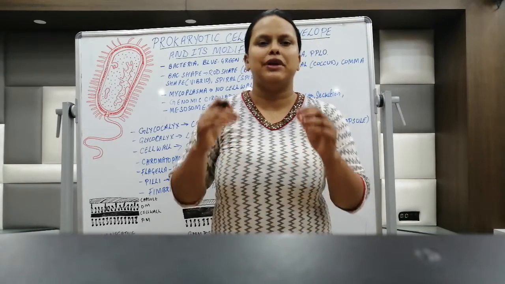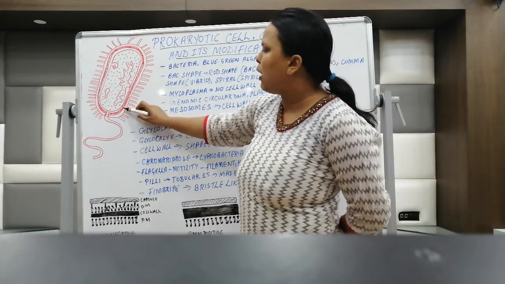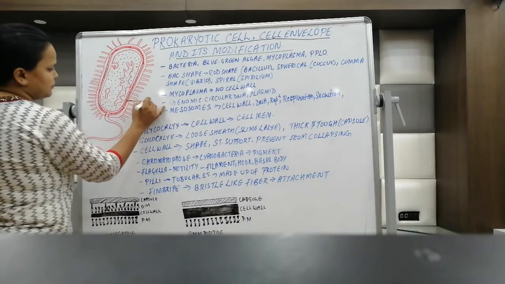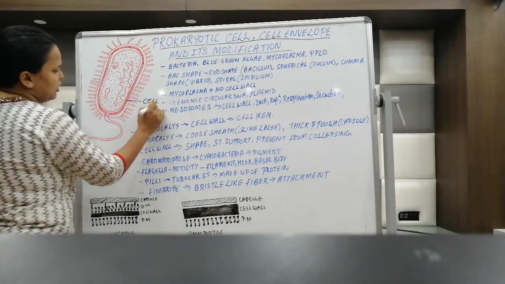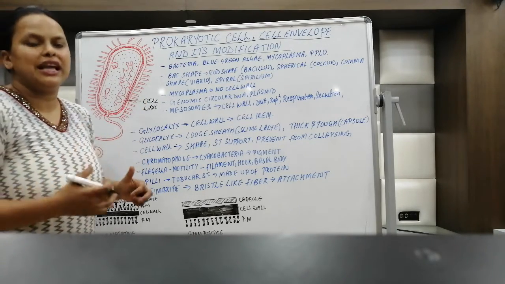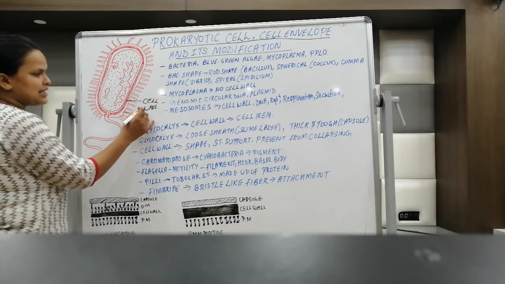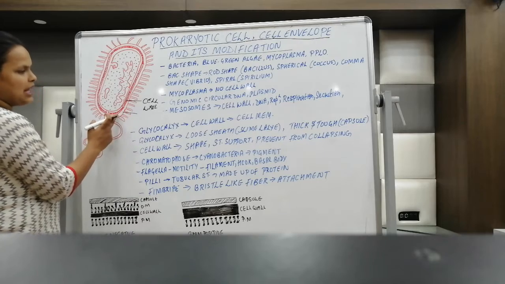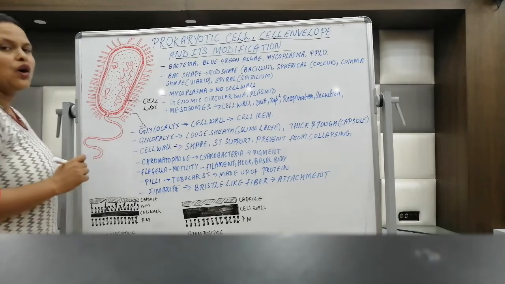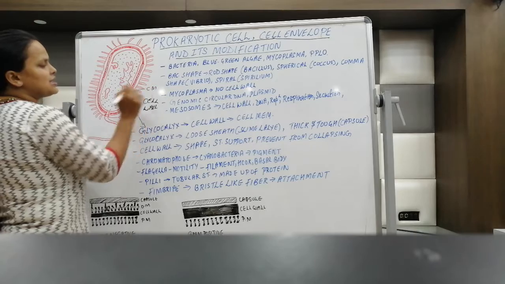First of all, when we look at the structure, prokaryotes are made up of a very complex structure outside, and this structure is called the cell wall. Now what does the cell wall do? The cell wall is the toughest layer. It protects the cell and also provides the shape. Now this outer layer you can see could be a slimy layer or a capsule. This is the glycocalyx. Then we have the inner membrane, and this is our cell membrane.